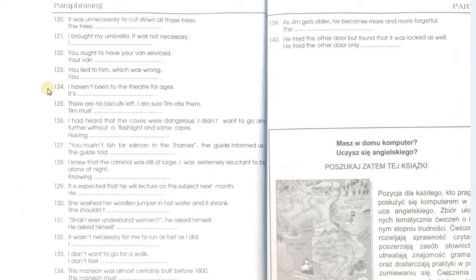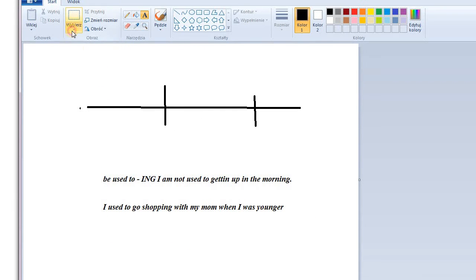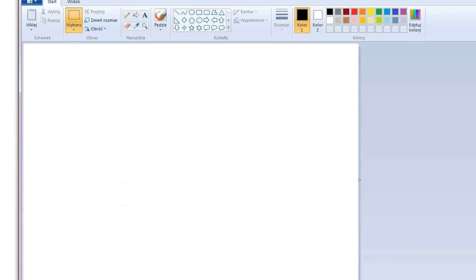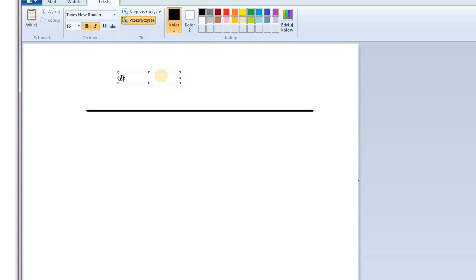124. I haven't been to the theater for ages. Okay, this is a very popular structure actually, and the structure is called it's ages since, because this is what I mean. It's plus, to be honest, it's not called anything, but it's since, and it can be rendered in different ways, but the most popular way it is done is it's past simple in the second part, and here it's means it is, where you can say ages, you can say many years, it's a long time, whatever, but